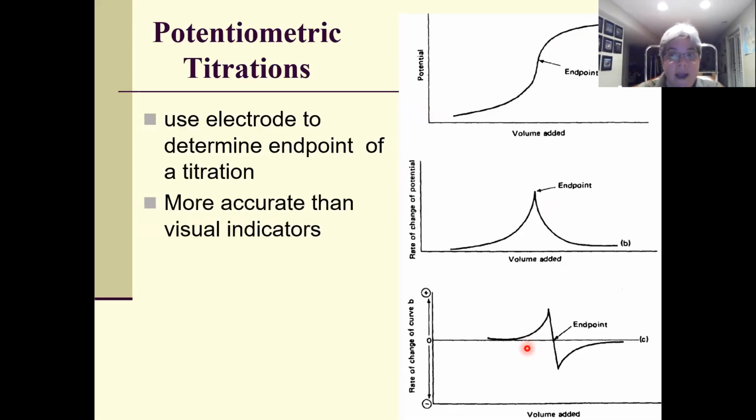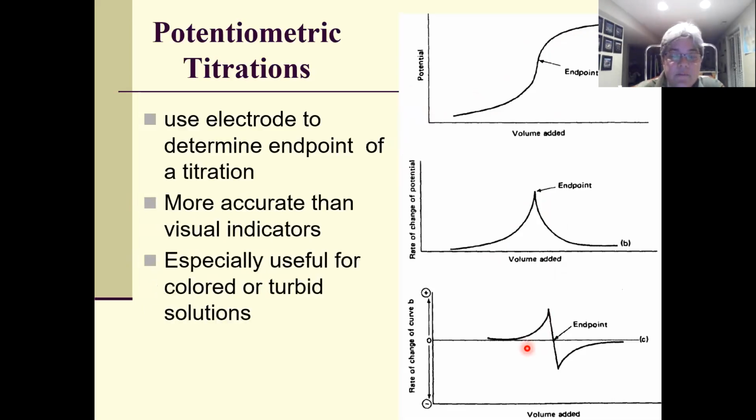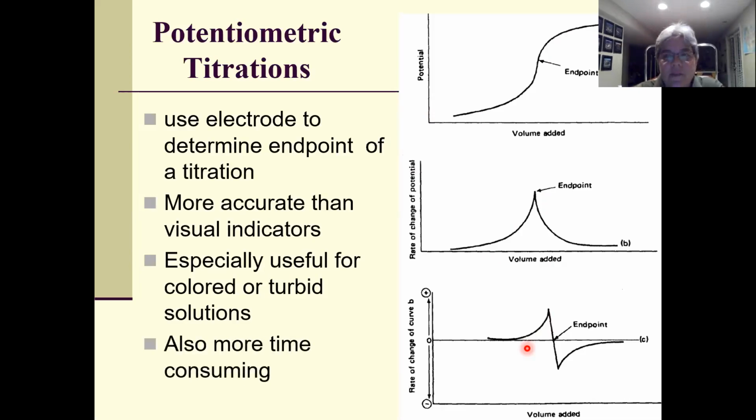This is a much more accurate way to do a titration. It's especially useful if you have a solution that's colored or turbid, that means cloudy. This is a great way. But it does take more time than the titrations you did in the lab, just with the liquid and the solution changing colors. One example, if you wanted to determine the concentration of aluminum,